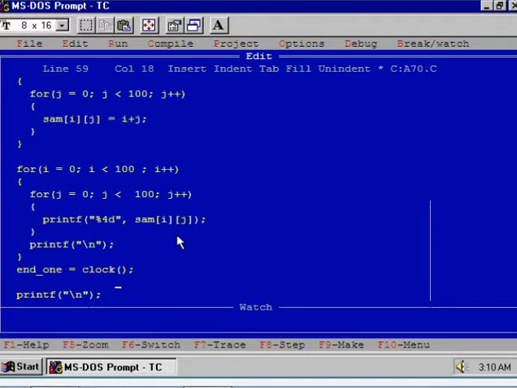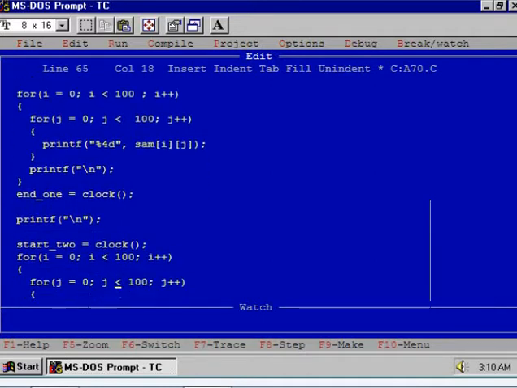At the end of the second for loop we will again store the return value of clock, that is the end of the first part of the program. So end1 will store the end value of clock. So we can measure the total time required to execute this set of two for loops using this technique.